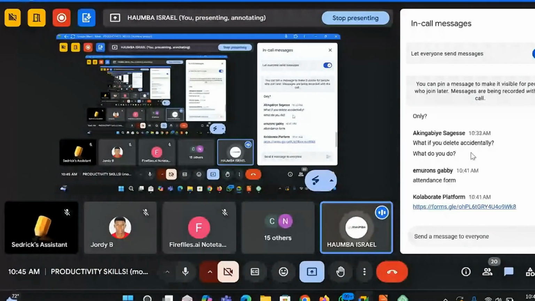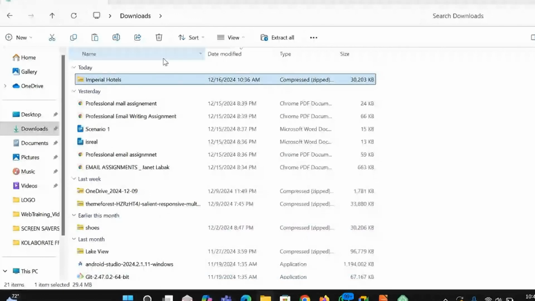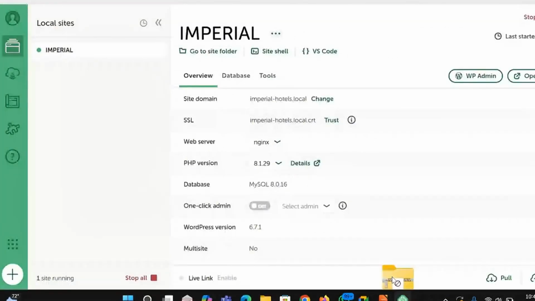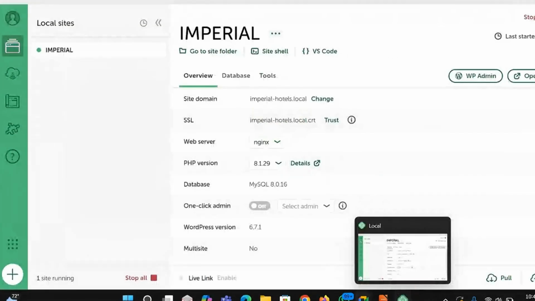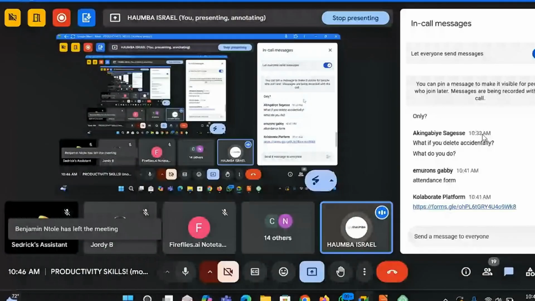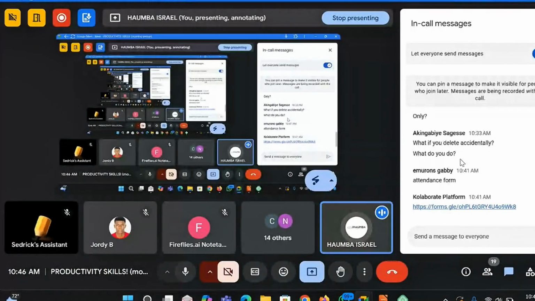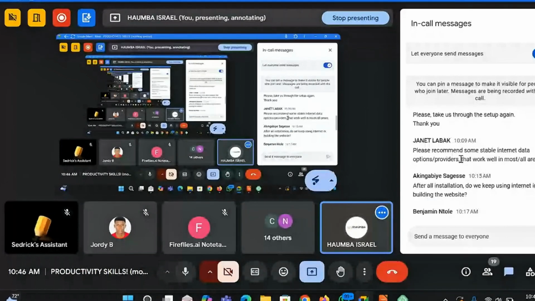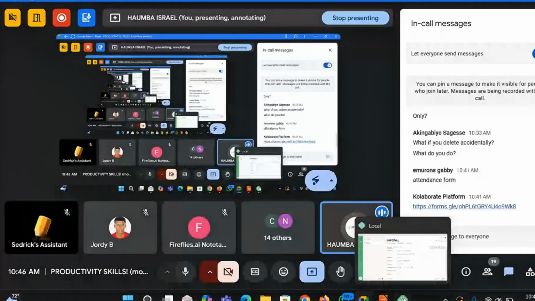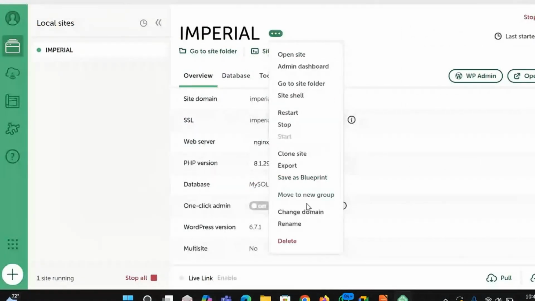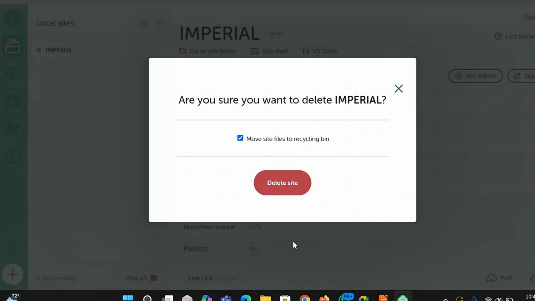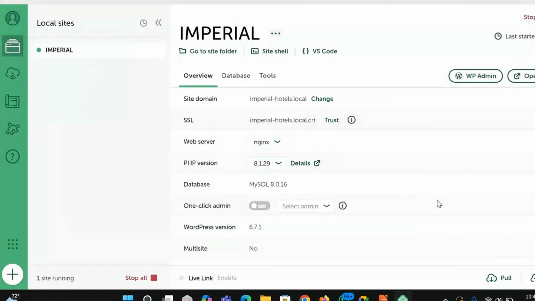You can export it just like I've exported this, while it is still local. This zip is my backup. So in case I delete it, I just drag it and put it back into Local, and I still have my site. I hope that answers the question. It takes a lot of steps to delete it, so it cannot be accidental. Look at this: I go to here, then I click delete, and once I click delete, it brings this up asking if you want to do this, then you delete. It is too hard to delete accidentally. It's very many steps. So please don't delete it anyway, but in case you delete accidentally, export it so that you have a backup.